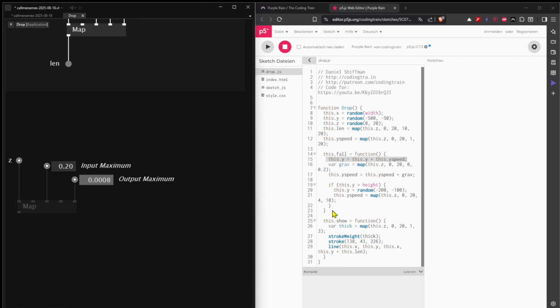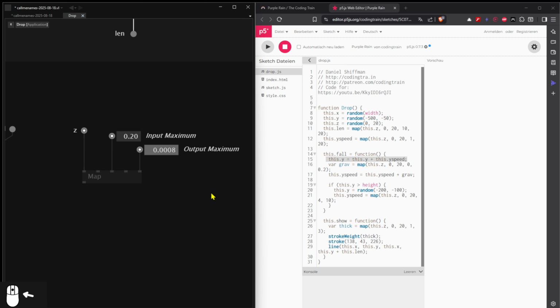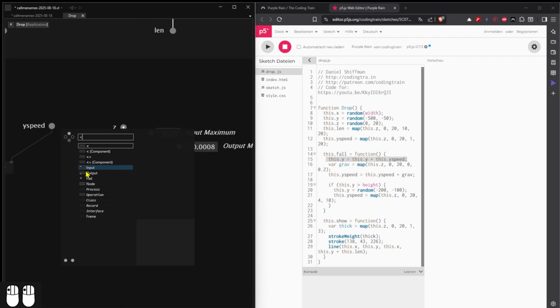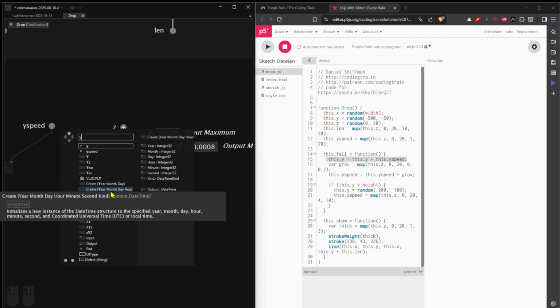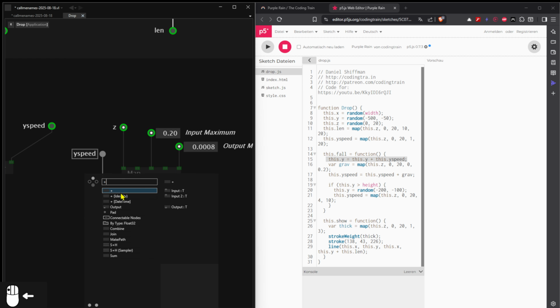And 0.8 should work. And then we want to add this to Y speed here. Add this together,